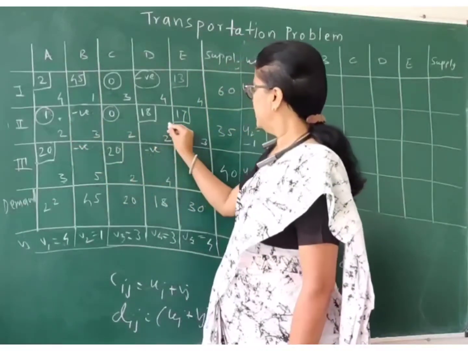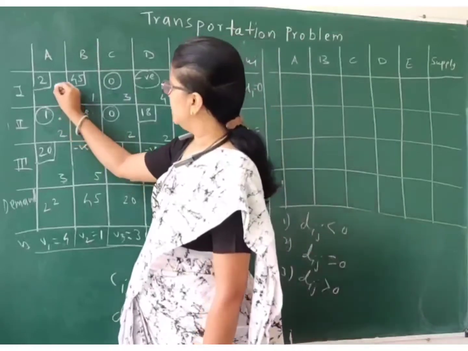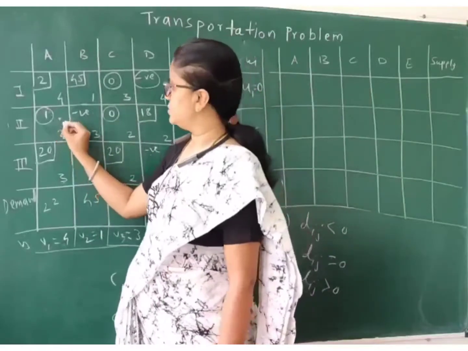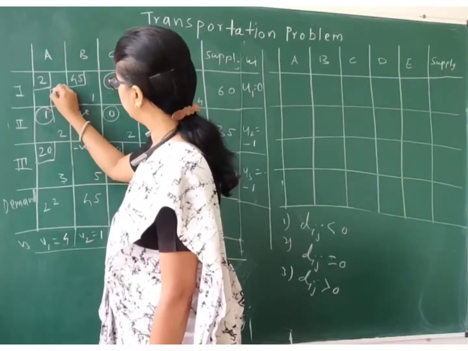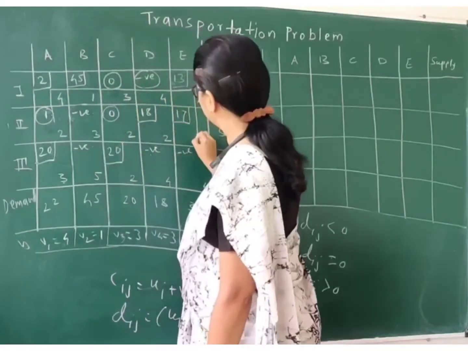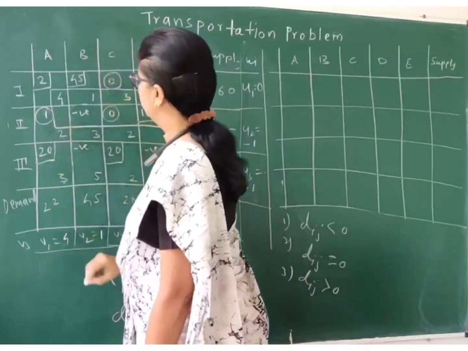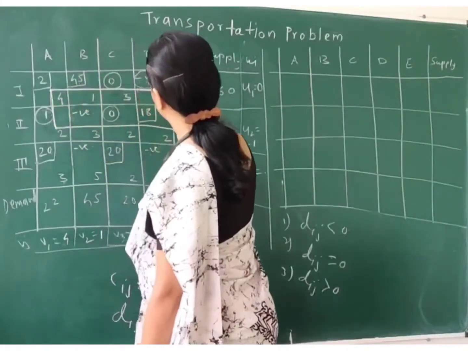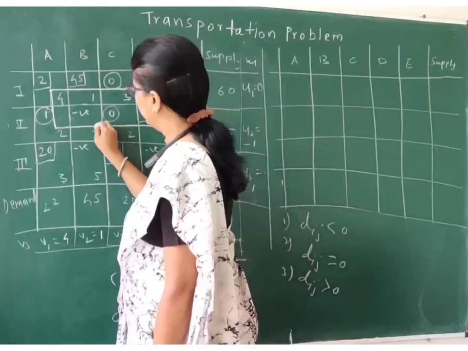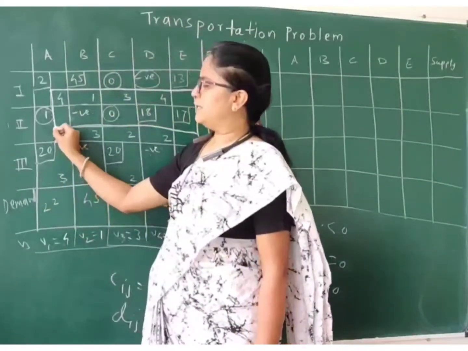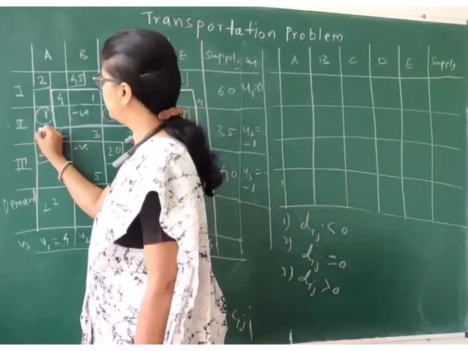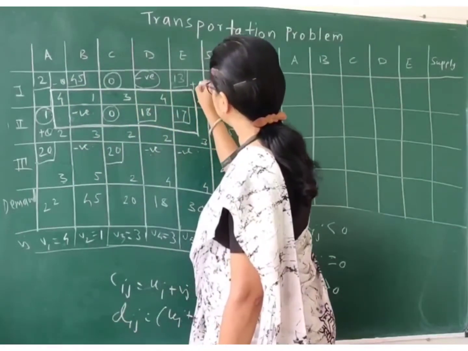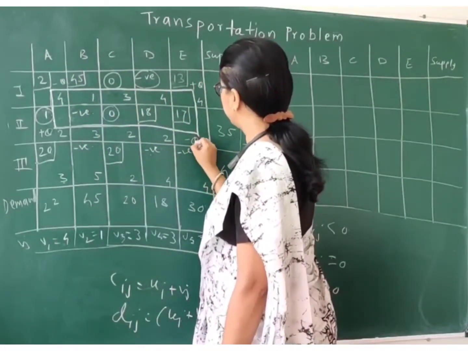So my loop starts with this. This is my corner, then second corner, third corner, and I end with this. Okay. So let me start my loop in this manner. So this is my loop. Okay. So you are getting the loop, no? So this is my loop. Fine. So I am starting with this point, so I can have this as plus theta, next value as minus theta, then again next corner as plus theta, and the last corner as minus theta.